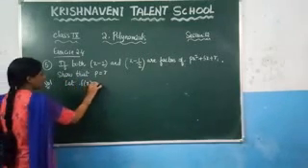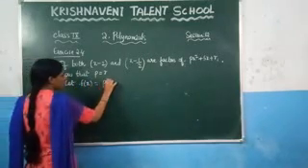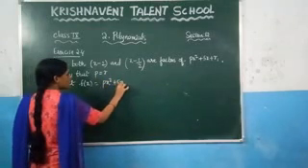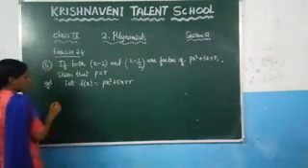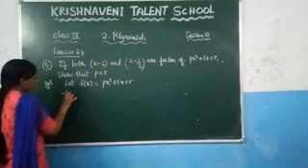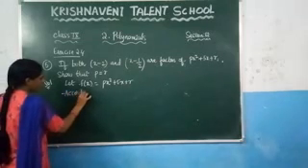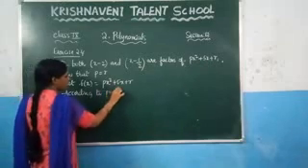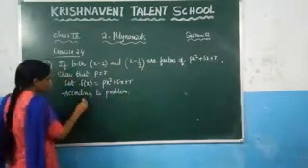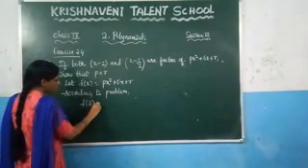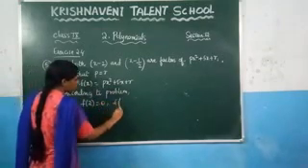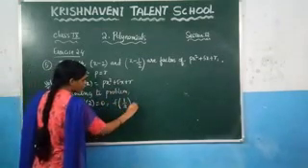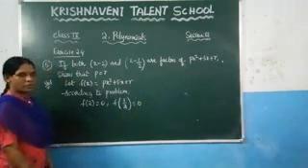Let us consider the given polynomial as f of x. So what we get, px square plus 5x plus r. So write it here according to the problem. They have given here x minus 2 is a factor, so you will get f of 2 is equal to 0. And they said that x minus 1 by 2 is also a factor, so you will get f of 1 by 2 is also equal to 0.